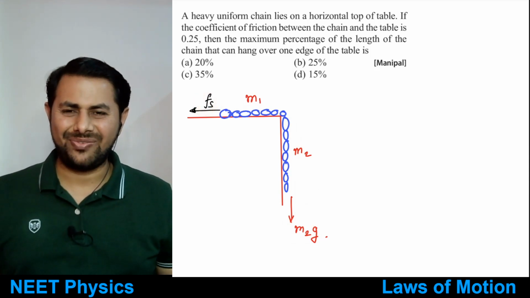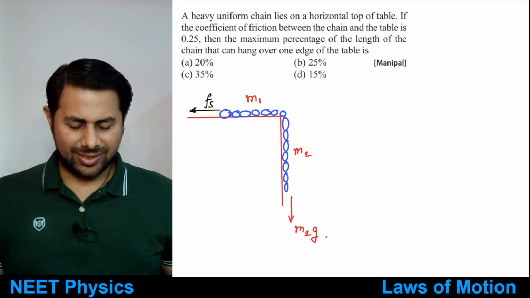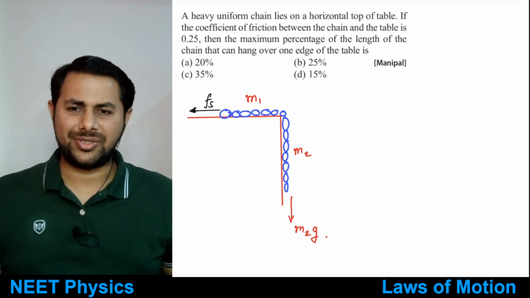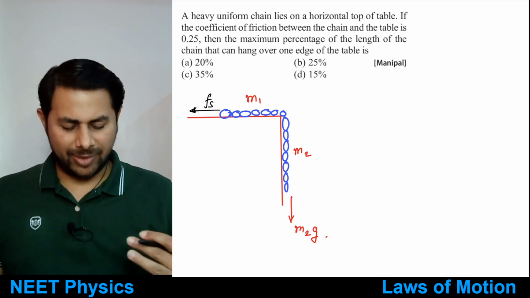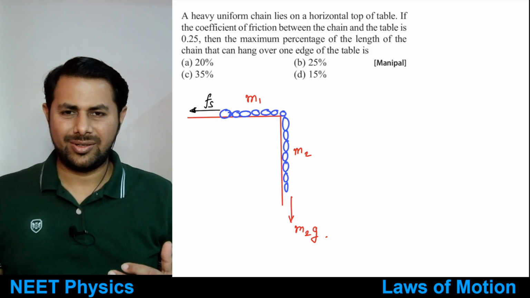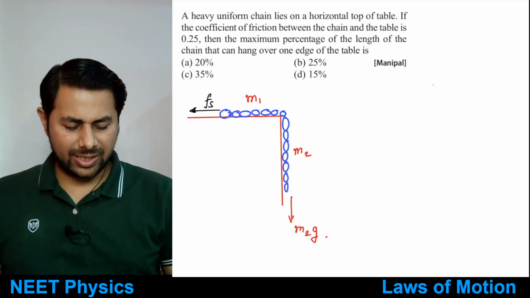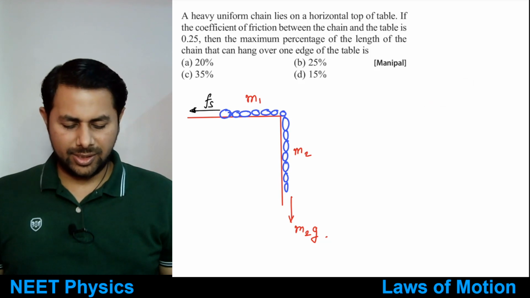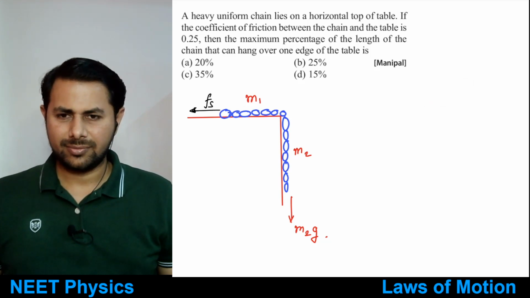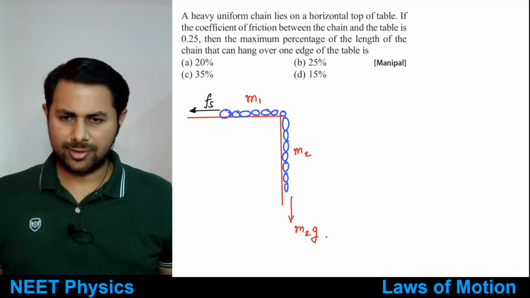Okay, we know that the frictional force is the force which balances itself against what? The externally applied force. Frictional force is the force which balances itself against the externally applied force. It tries to match itself. Okay, but there is a limit up to which it can act, right? And what's that limit? It's μs multiplied by the normal reaction. Is this clear? Yes, no? Okay, it is clear,